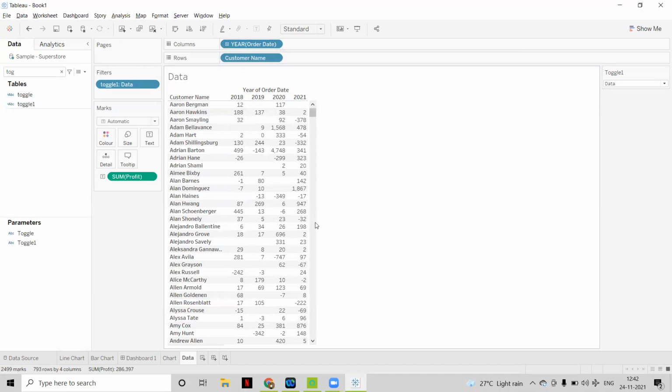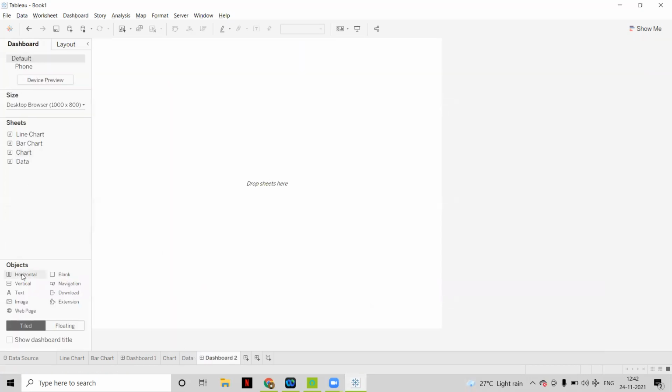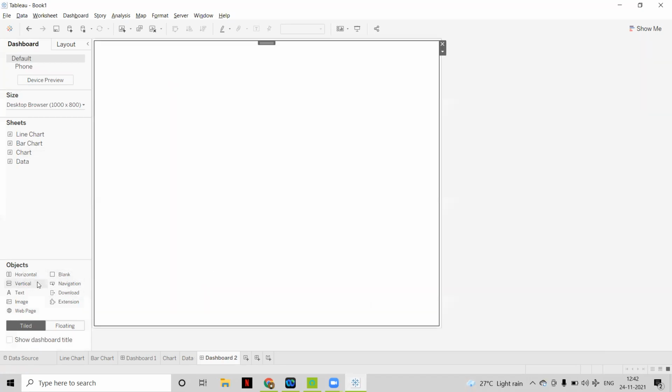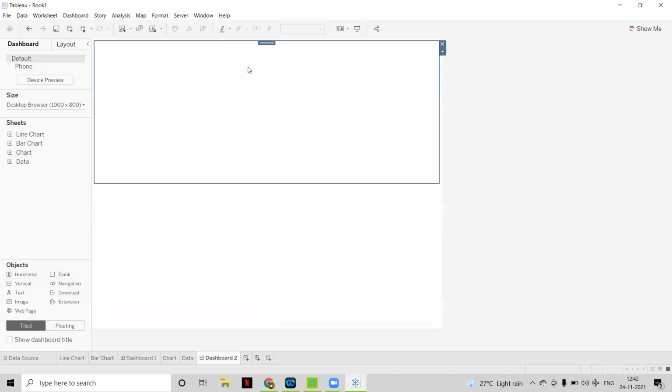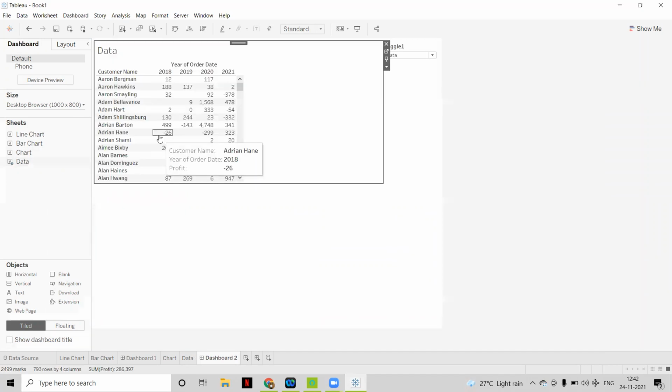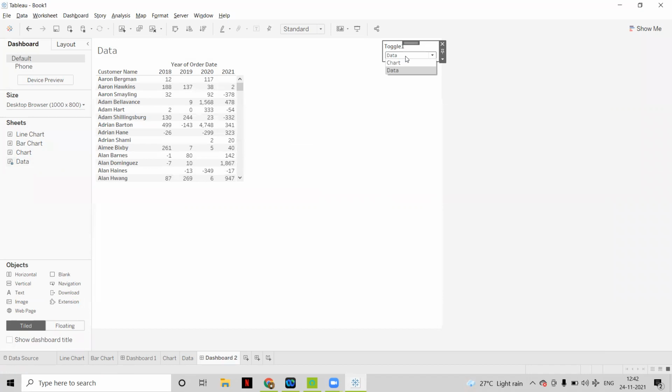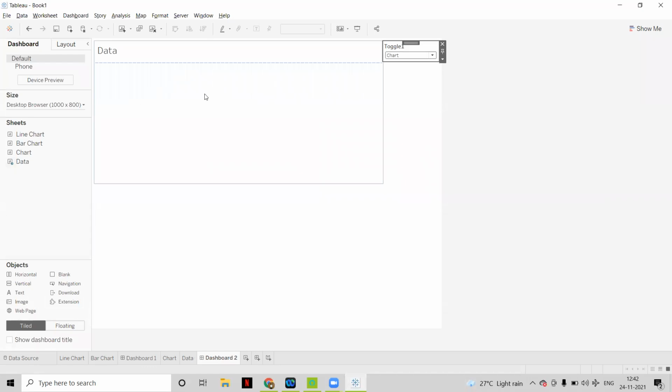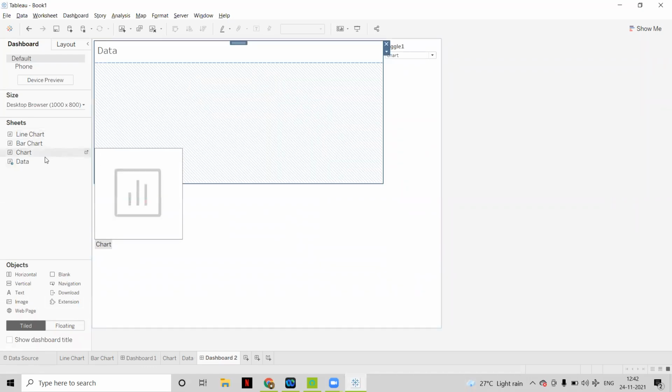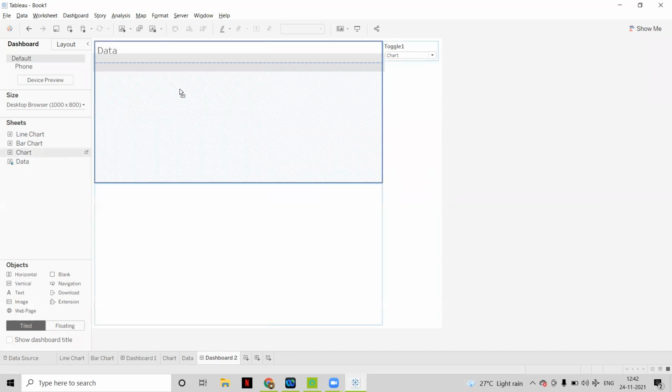Now add both sheets into the dashboard. So I will go to the dashboard. Here we have to drag the vertical. Let's say first I will drag a blank and then I will drag one vertical. In this container, we have to show multiple sheets. Right now, data is coming into the data sheet, so I will drag this. And if we just change the parameter, which is already coming, to chart, this is blank. Now in the same container, we have to drag the chart sheet. So I will drag this. Before dropping, we have to see this dotted line, and on that dotted line, we have to drop the other sheet.